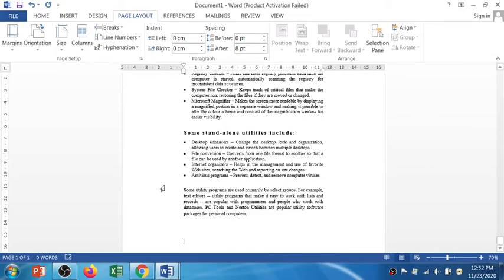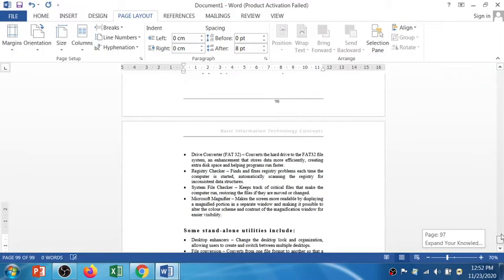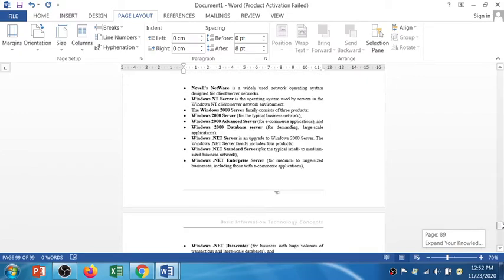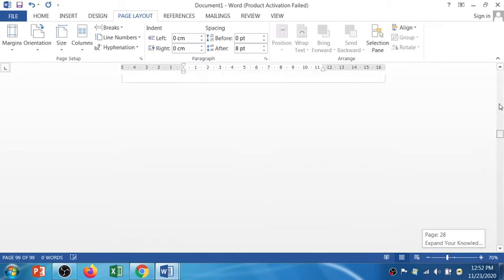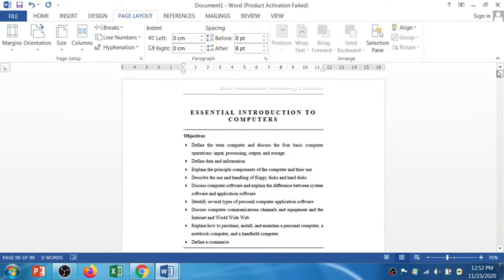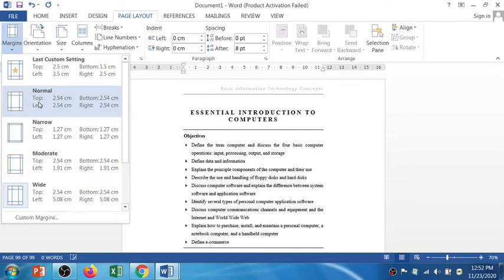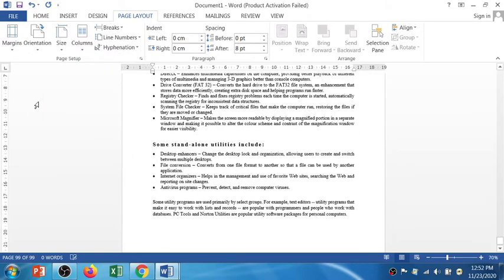See, now you can see the margin space area on the left side, top side, bottom side, and the right side. This is the difference. This is the wide margin size and this is the normal margin size, so you can stretch out your content. So you can create your own margin.